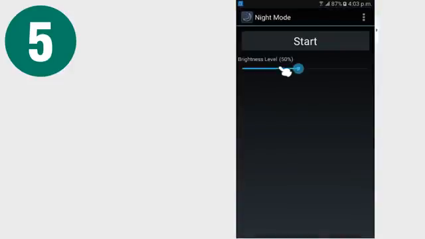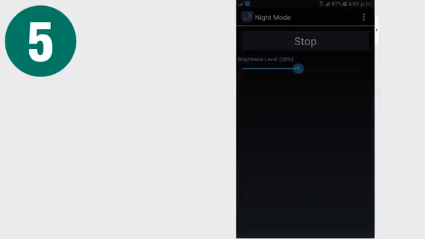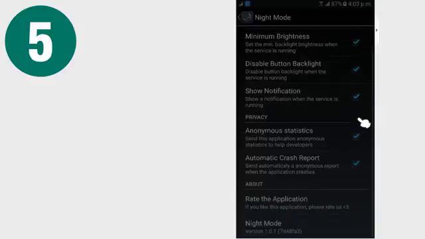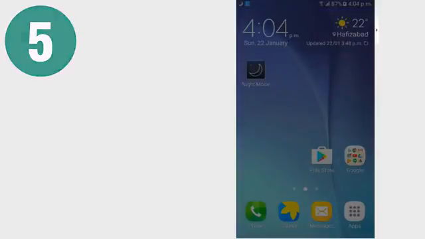Now launch the app on your device and you will see an option to set your screen brightness. Now you need to modify the options according to your wish to set it best to work on your Android. At last, you can set the minimum brightness level to work at night that will not harm your eyes and you can work easily on your device. That's it. Your Android is now perfectly ready to use at night.